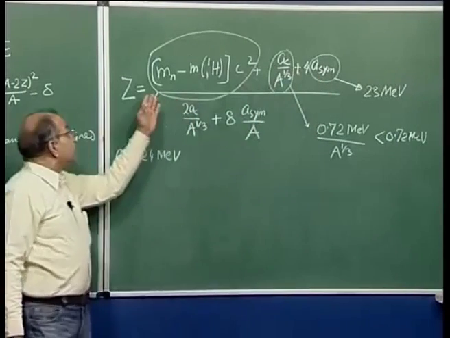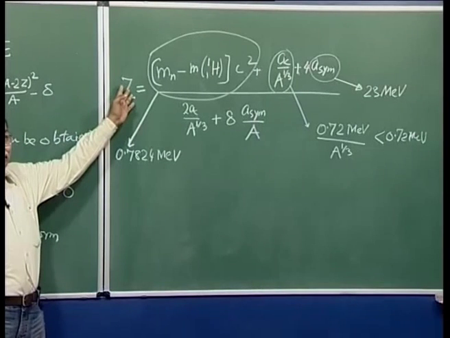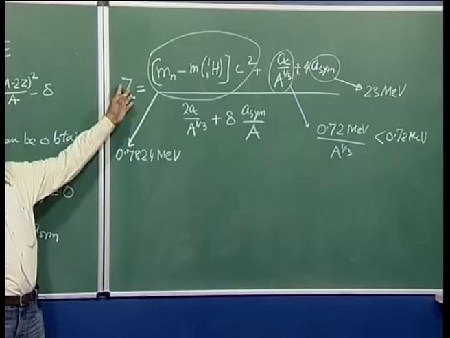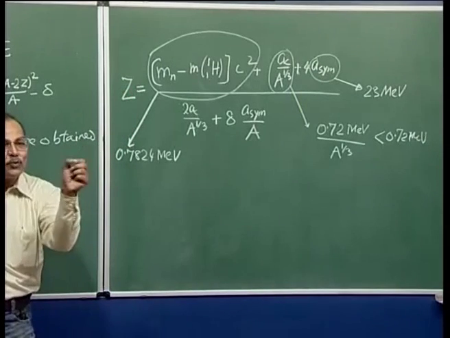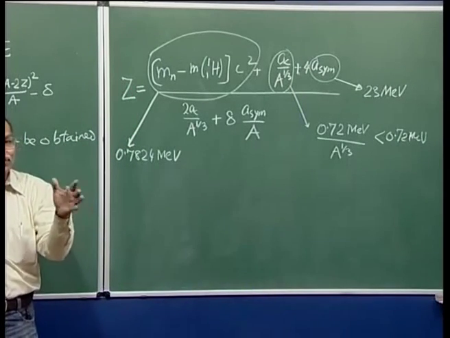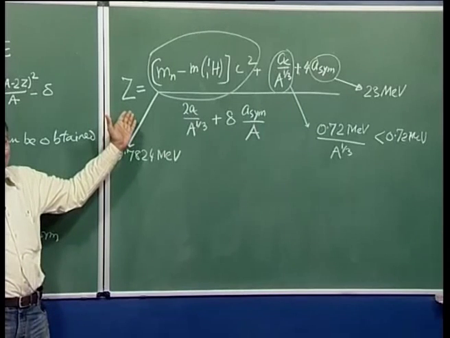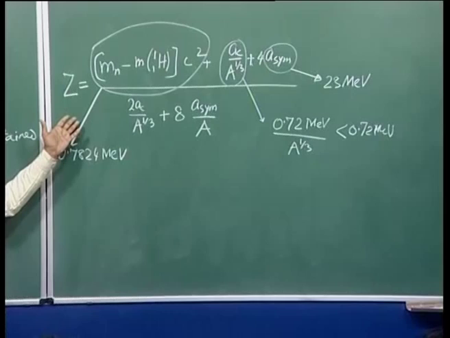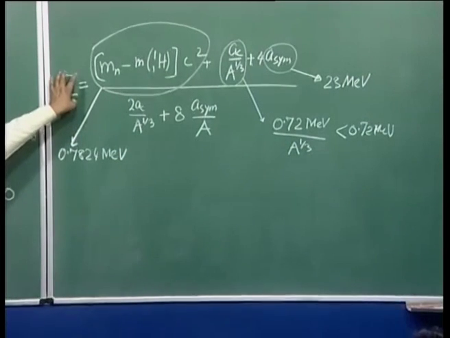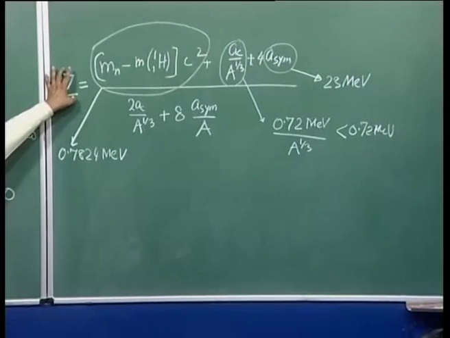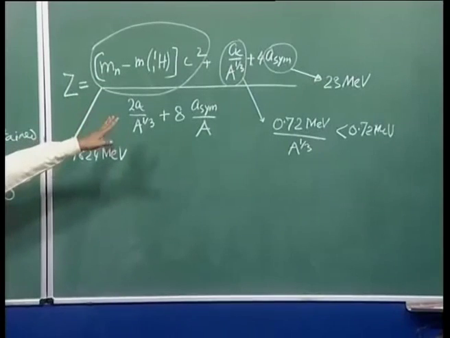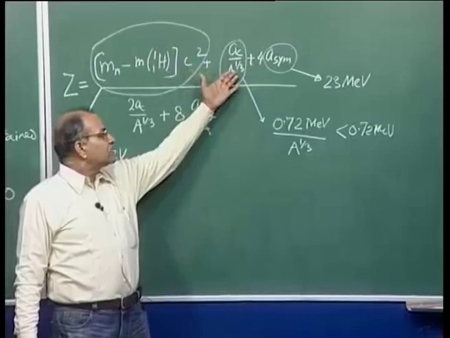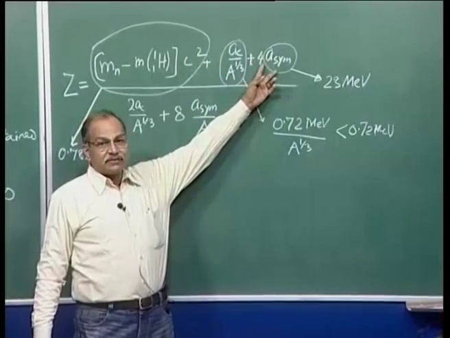Remember, we are trying to get this Z, number of protons, that can vary only in units of 1. So a difference of 0.01 and 0.02 and 0.001 will not matter. Number of protons cannot be 23.7428 etc. So anyway, we will have to get the nearest integer. So all those small variations do not mean much. So we can neglect this term and this term, and we can just keep this one.